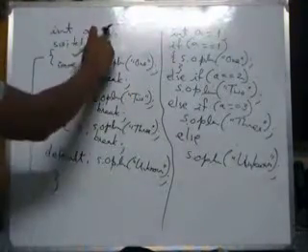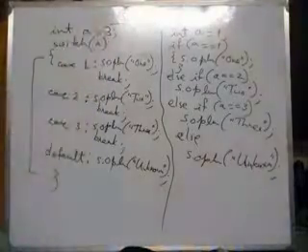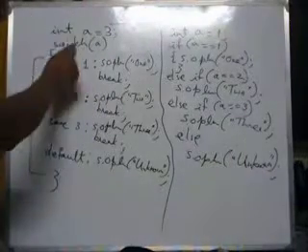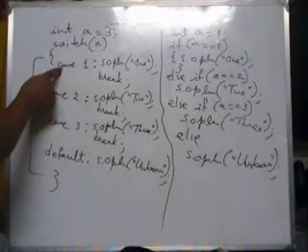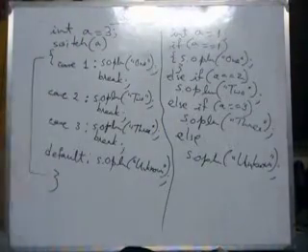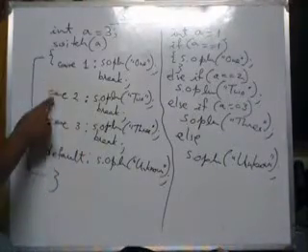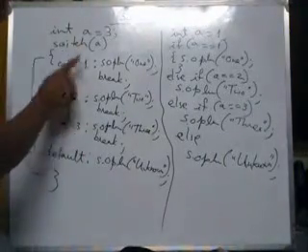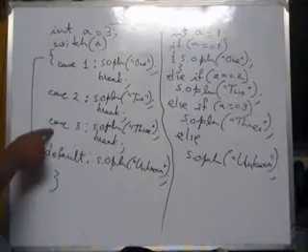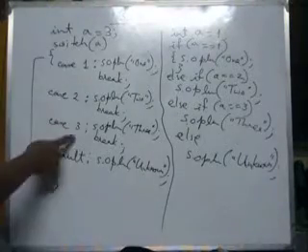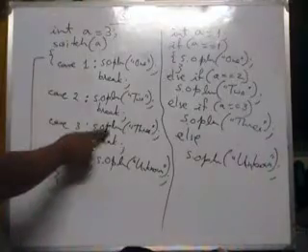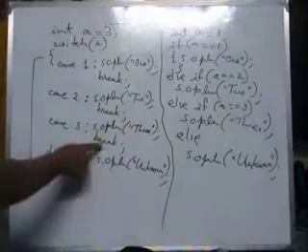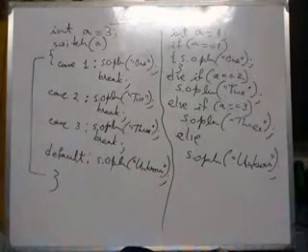Now if we change it to 3, then what will happen? First of all, switch will accept the memory variable. It will try to match with the first case value, which is 1. It is not matching. Then it will come to the second case value, that is 2, which is not matching. And then it will come to the third case value, which is 3, and that is matching with the memory variable A. So in this case, it will print 3, and then it will terminate the switch body.